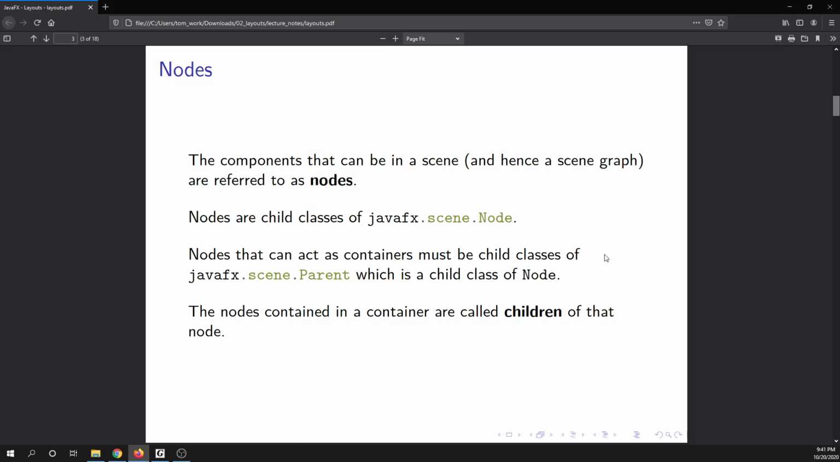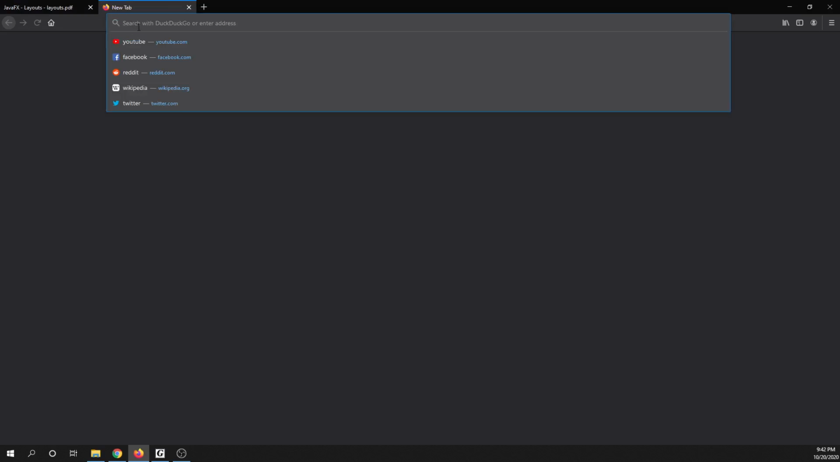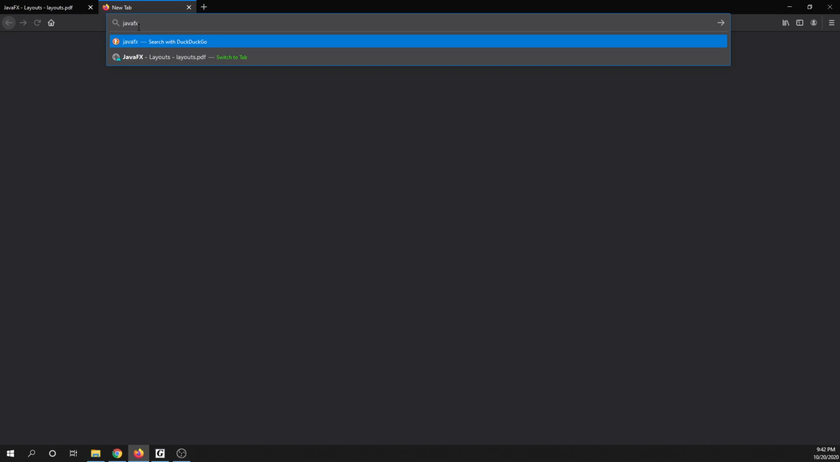Components that can be in a scene, and hence a scene graph, are called nodes. That's part of the terminology in JavaFX. Nodes are child classes of JavaFX.scene.node. So if you have a question about, hey, can I put that in a scene? Then what you would do is look at all the child classes of JavaFX.scene.node. So if you look at JavaFX 11,